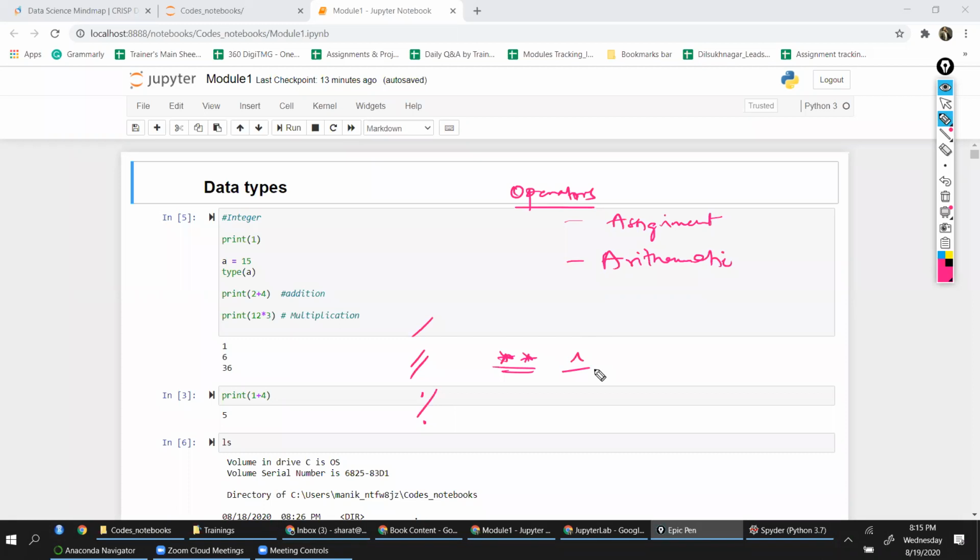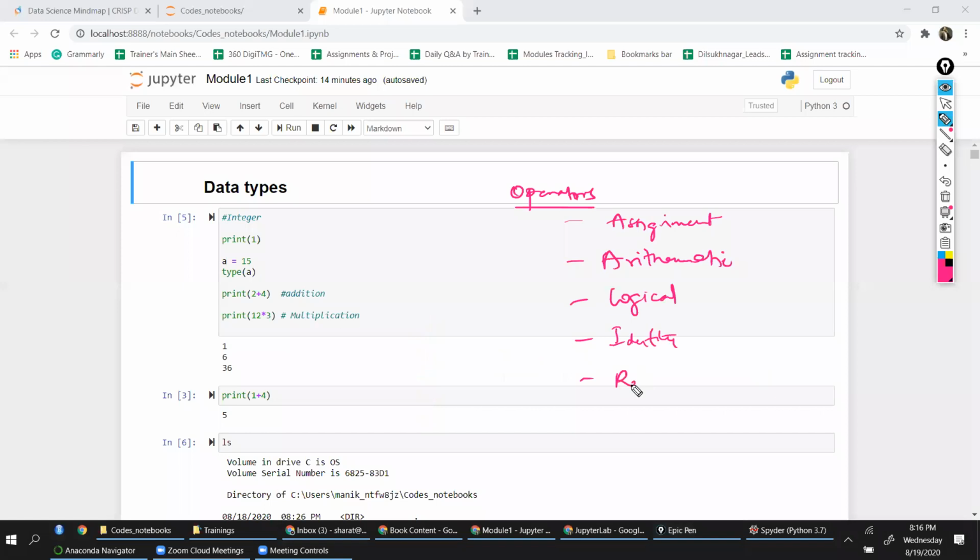You can either use this cap symbol or double star. This is nothing but power, x power y. So these are arithmetic operators. Then we discussed logical operators. We discussed identity operators.